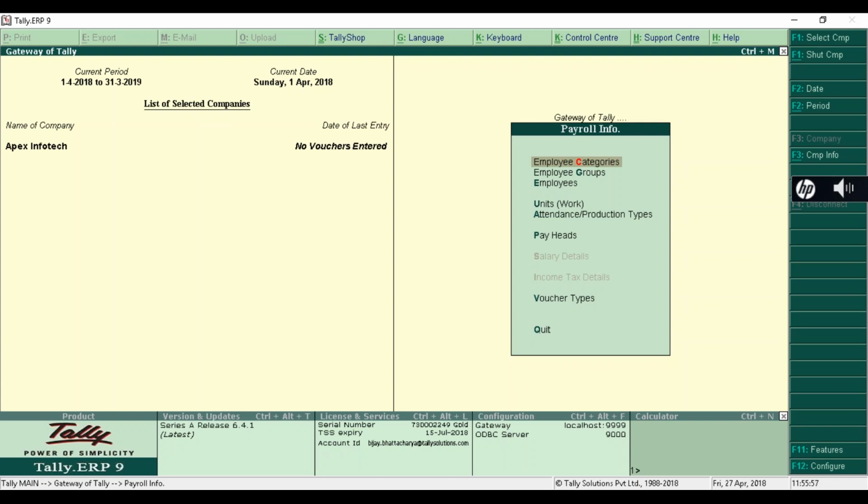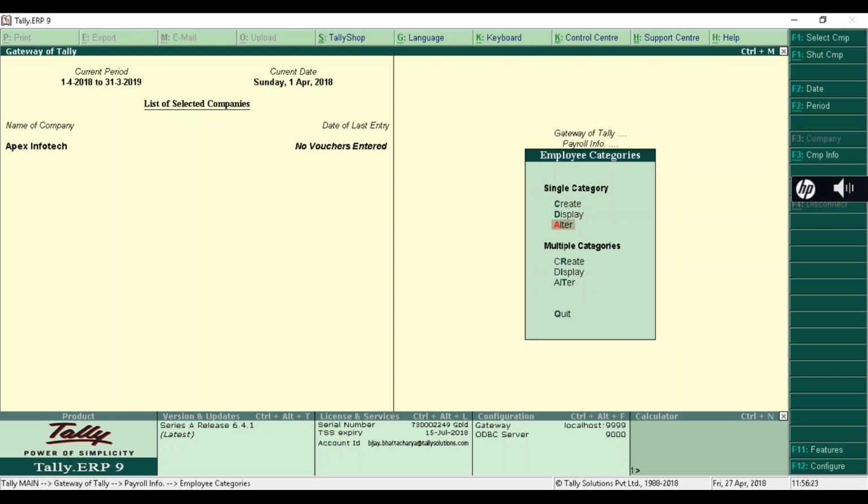But if the pay structure is same for head office or branch office, in that case there is no need to create different employee categories, because here you already have primary category. So we can create the salary structures under employee category, primary category. So if you press enter, you can see here